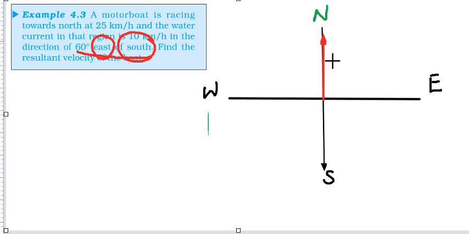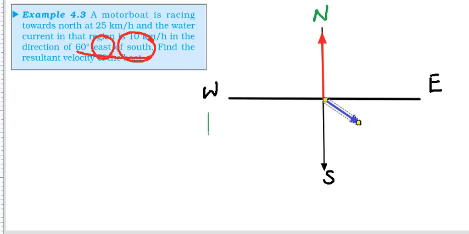And that should be like this one. It should be not in south, not in east, but from south 60 degree. So that will be something like this. Okay, this is the second velocity, which is actually smaller one. So in the vector diagram, the first vector should be a longer one because that is 25, and the second vector is only 10. So it should be much smaller than that. So this is it. And where to mark the angle?